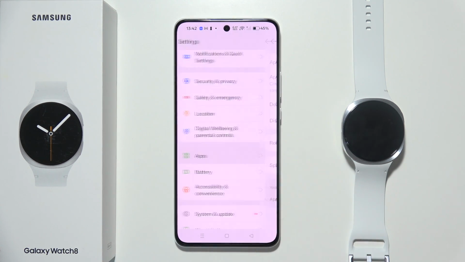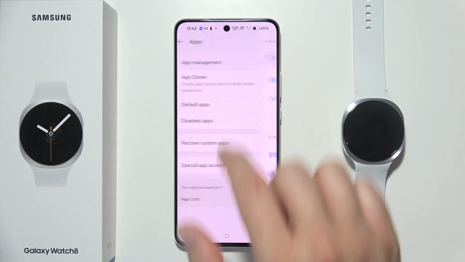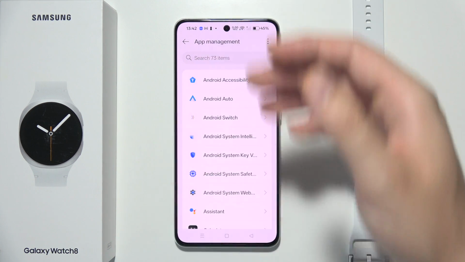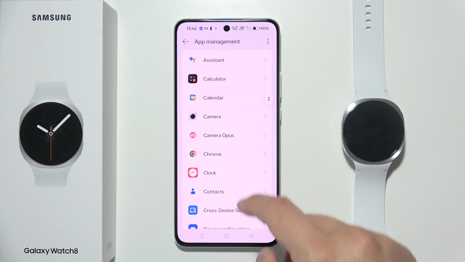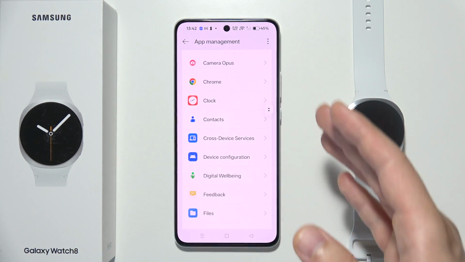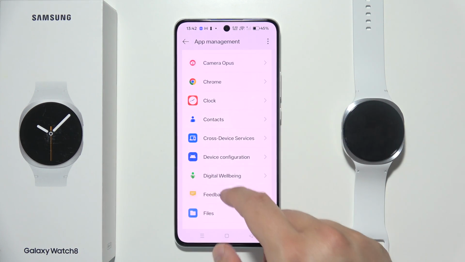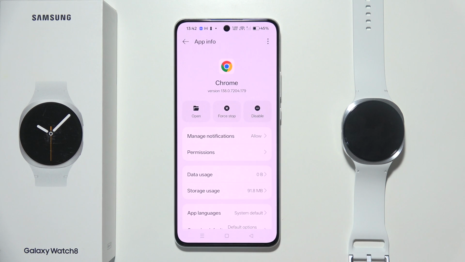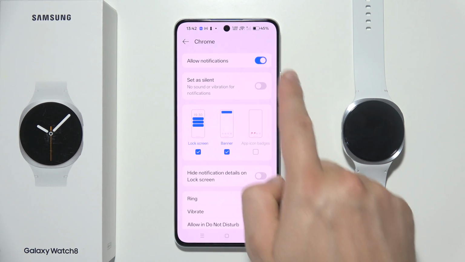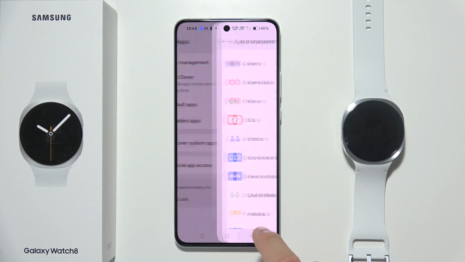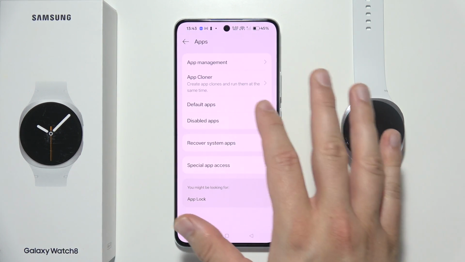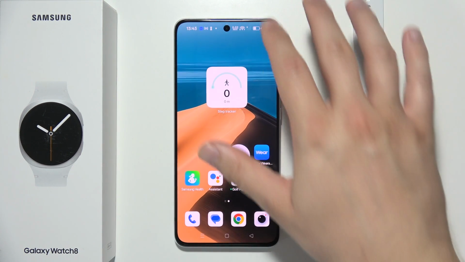Just search for the apps section, go into the application management or expand the list with all available applications, and now find all of those apps that don't send you notifications. So if I go for the Chrome, I have to make sure that I have allow notifications. And if you are sure that everything is fine, you have enabled those notifications, you have to also make sure